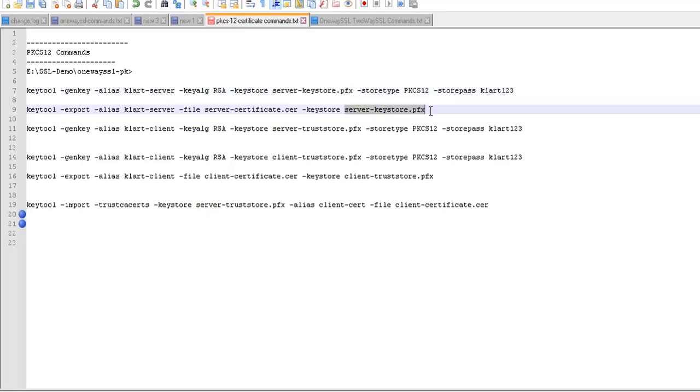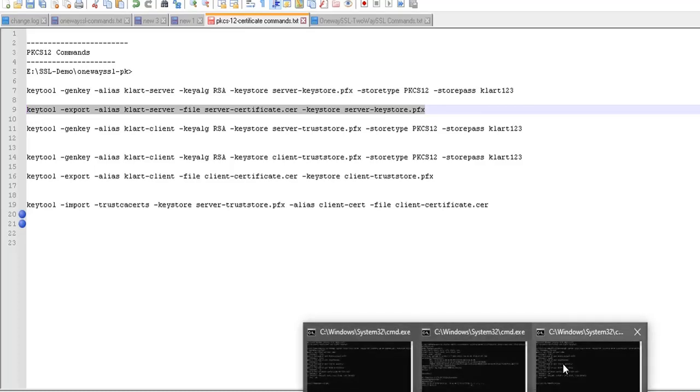We need to mention that same file here, and this is the certificate file name. It means from this file it will extract the public key details and store them into this certificate file. You can give any name for this certificate file name, but this alias name should match. This alias name should match, and the remaining are all the same commands. And you need to give the file name which you created here, the same name, because from this file only it will extract the public certificate. Okay, so let's copy this command. Let's try to execute this.